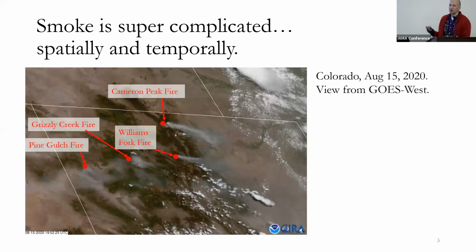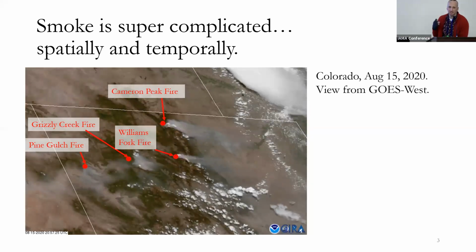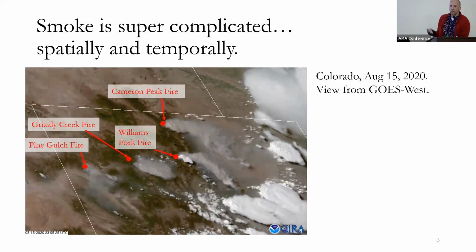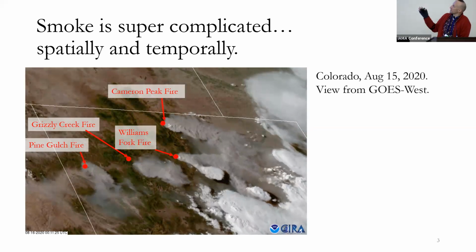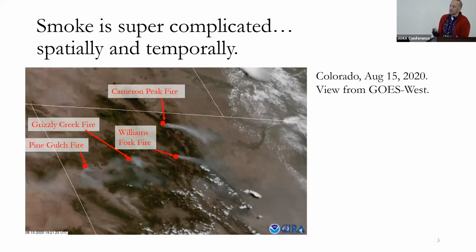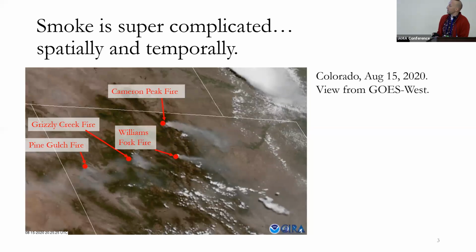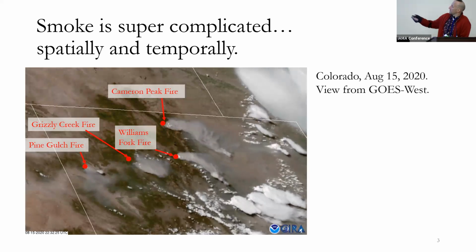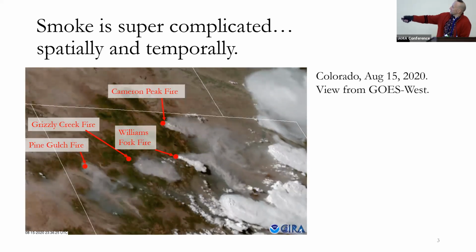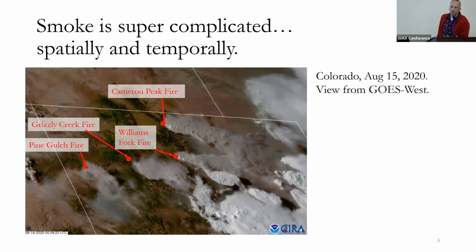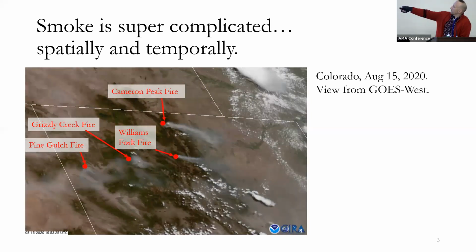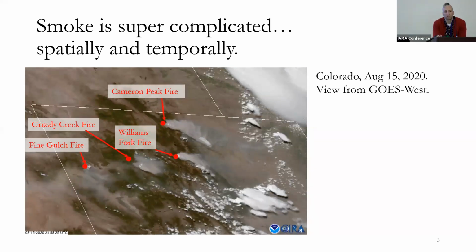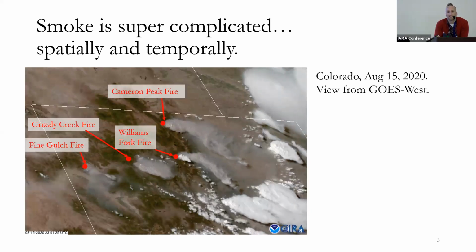All right, so I'm going to show this animation quite a few times. This is a loop of true color imagery from GOES-West over Colorado during the fire season in 2020. This is from August 15th, and there are 4 major fires happening on this day that are all listed here. They're all coming out of these. And confusingly, these are convective clouds, so there are also thunderstorms happening on the eastern plains, but only the smoke is coming out of the 4 places with red dots. So I want to use this as an example to point out some of the ways that